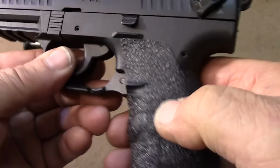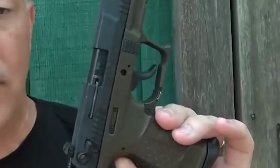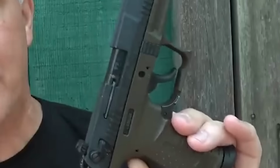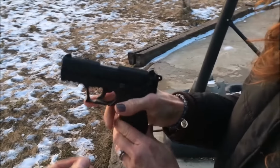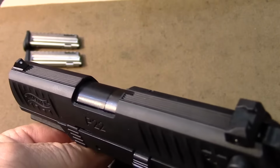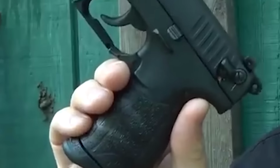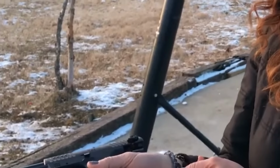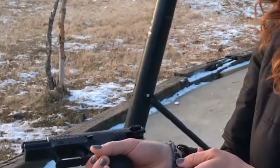The trigger is excellent, but the double-action pull weight is 11 pounds. The grip shape is also excellent, with interchangeable backstraps to adjust the size to fit your hands. The P22 pistol has a well-designed grip with a palm swell and an aggressive grip texture. It points intuitively and ergonomics are good with the paddle mag release, slide rack, and front cocking serrations. The only gripe is the safety decocker, which articulates easily and securely, but isn't the